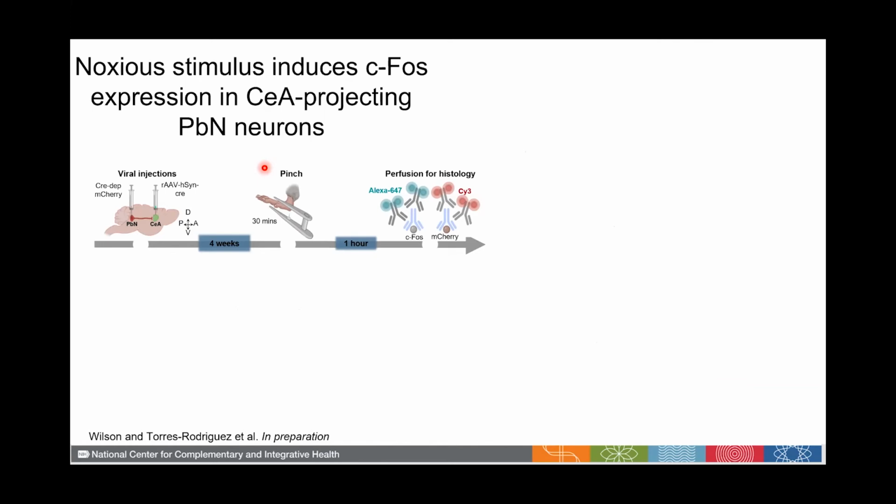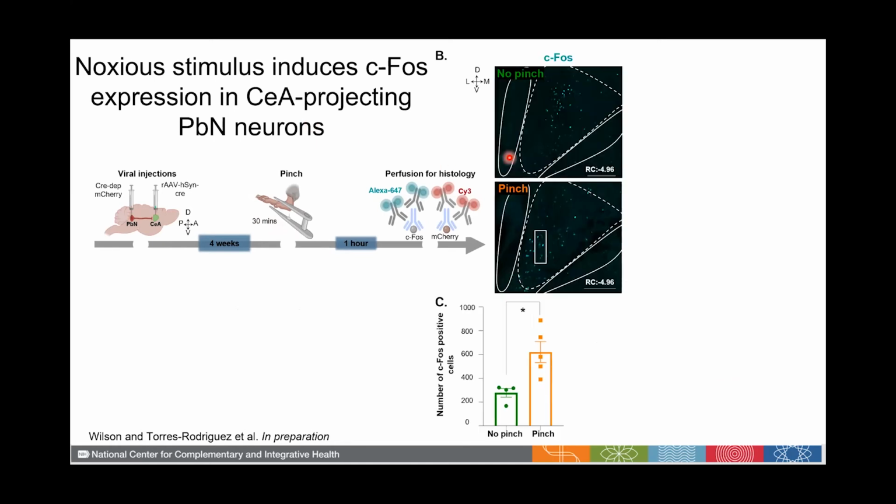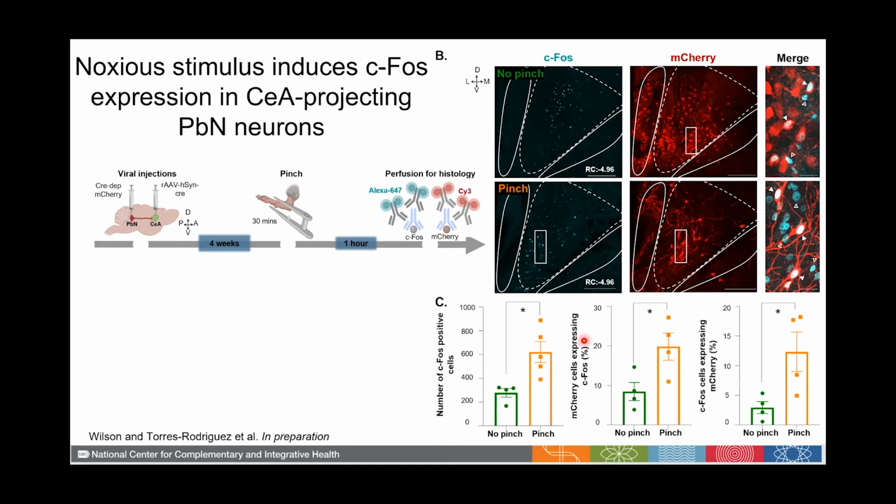We further demonstrate that if we use cFos monitoring to look at the recruitment of the CeA-projecting PV neurons in the context of noxious stimulation, when we look at just pinch-induced cFos, we see, consistent with other studies, including Sarah Ross's, that the number of cFos-positive neurons in the parabrachial nucleus increases with pinch. But importantly, when we look specifically at the neurons that